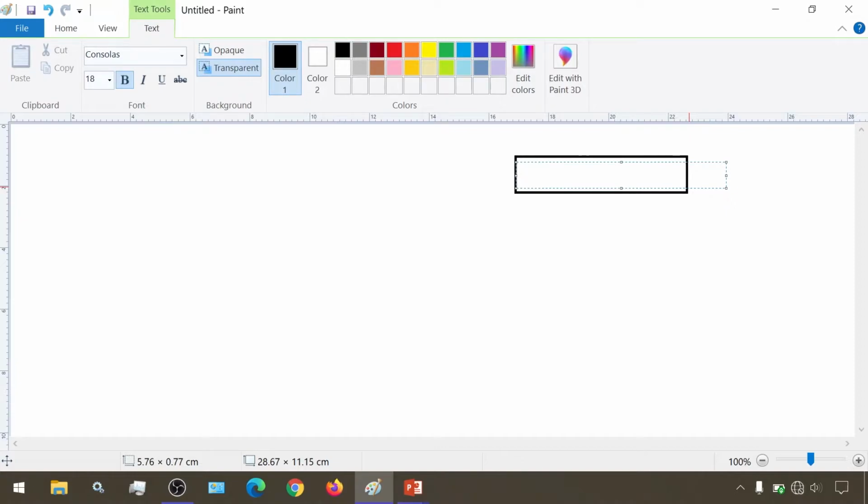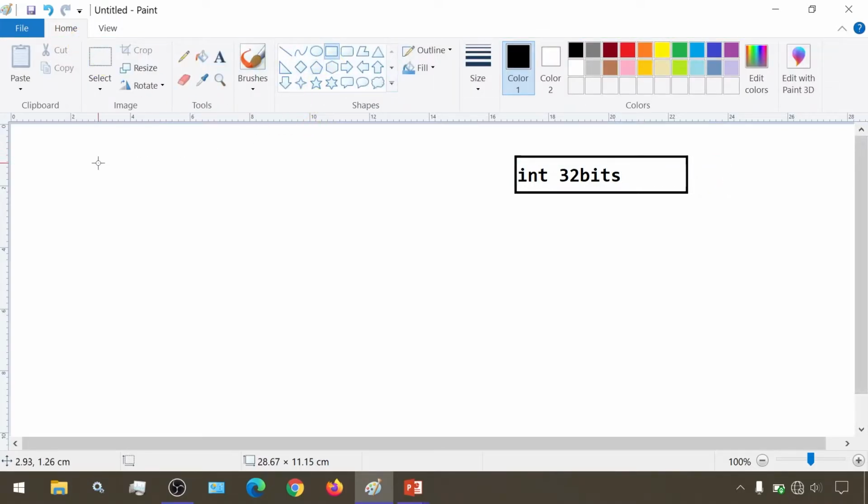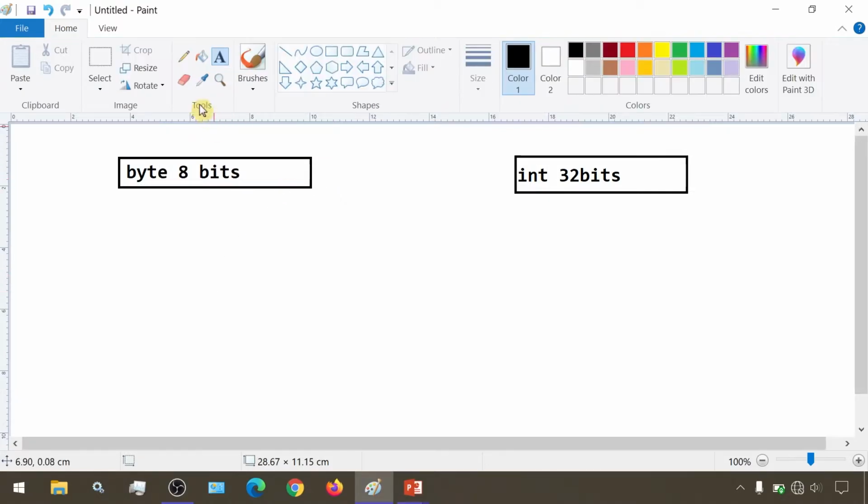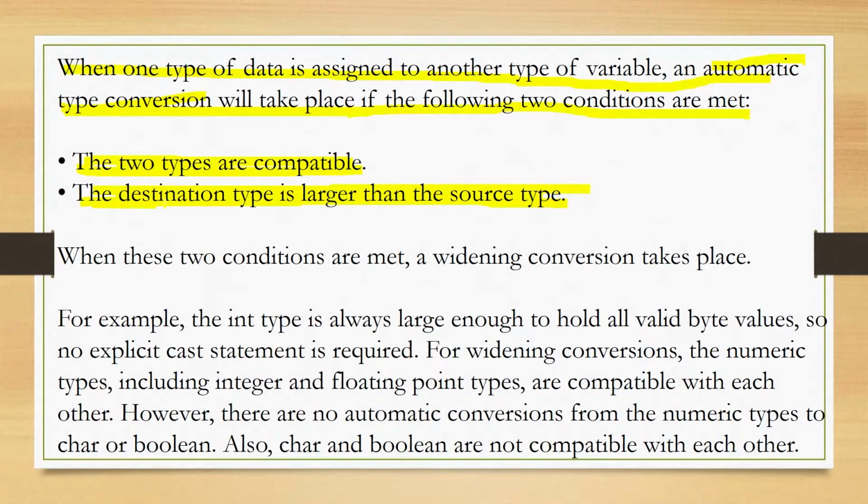Okay, let's say this is our int with 32 bits. And then here we have our byte with 8 bits. So here, to convert from byte to int, the destination data type is larger than the source type.